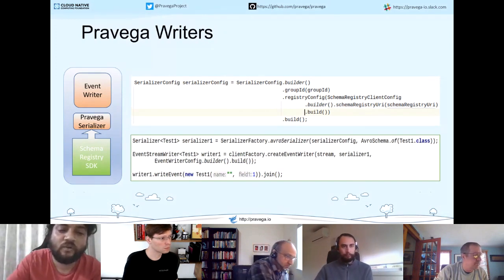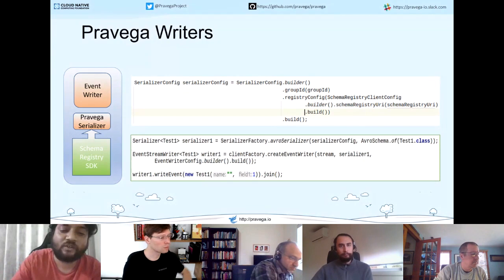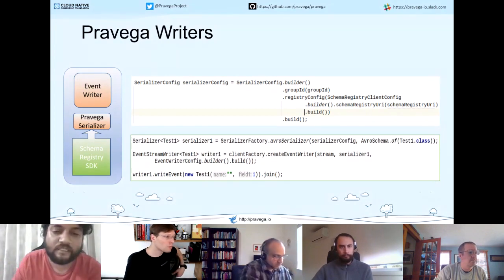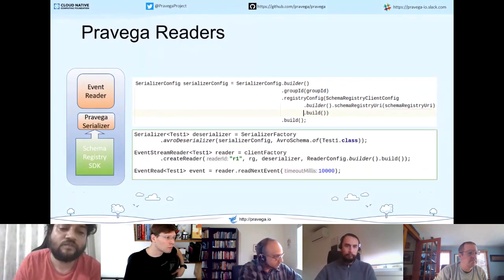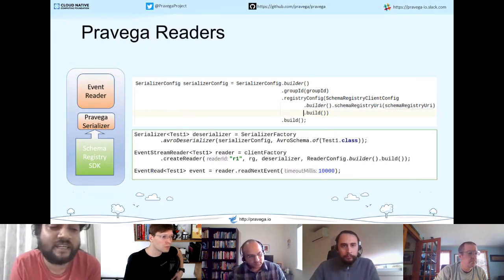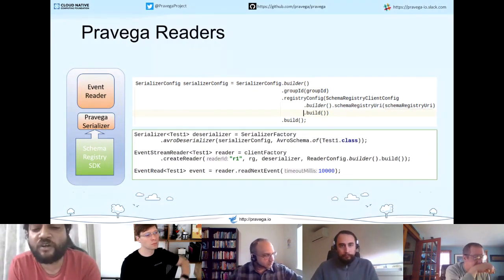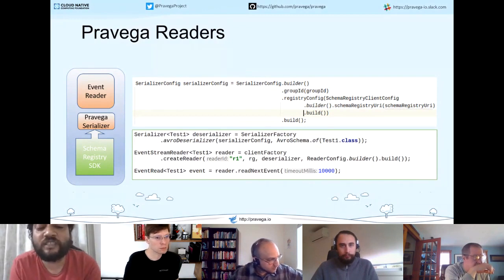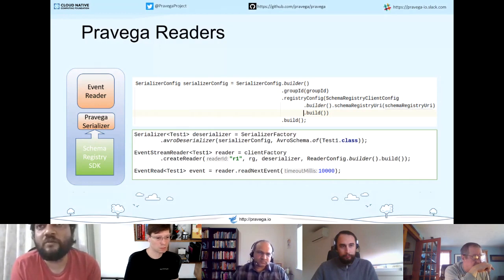This is how you instantiate your writers, as I've shown earlier. And similarly, you've got your readers. You could deserialize this data into a specific schema, or you could deserialize it into a generic one. For example, Avro has generic record, Protobuf has dynamic message, JSON will just give you a linked hash map, right?